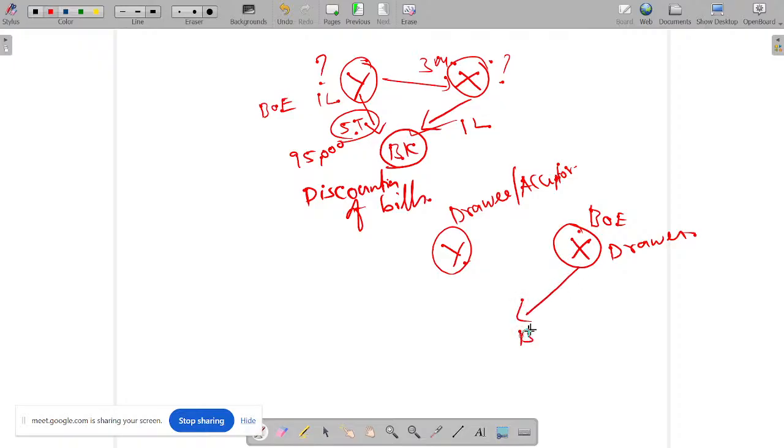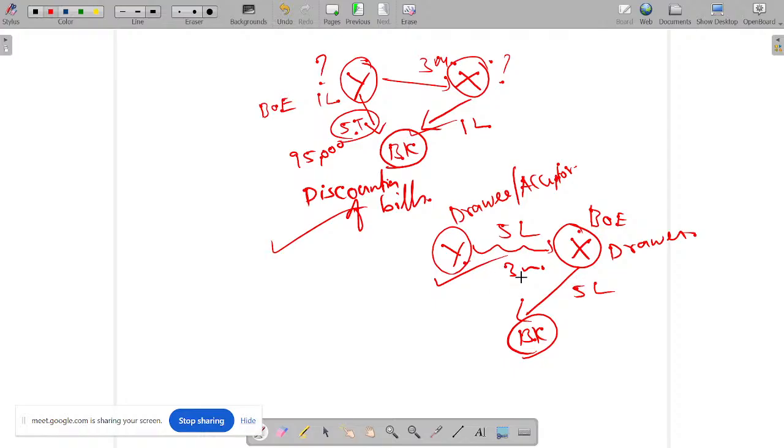He takes it to the bank. Who? X. The story is the same here. X tells the banker, this person Y has to give me 5 lakhs. The bank will not ask what trading or what transaction happened; there is no need. Promissory note, bill of exchange, and cheque are all valid instruments as per the act, legally valid. So the bank need not ask questions; it asks only in case of doubt. So X takes the instrument to the bank, saying Y has to give me 5 lakhs. Then after 3 months, you give me that amount, and later you can collect it from Y.